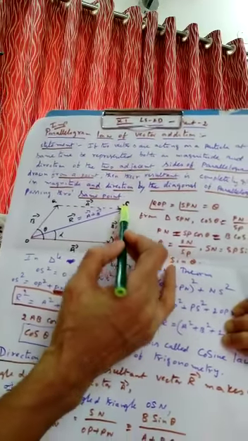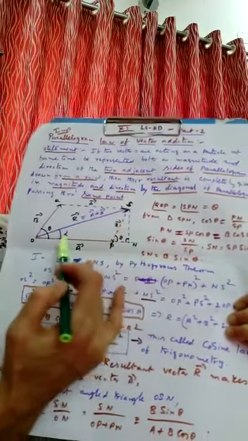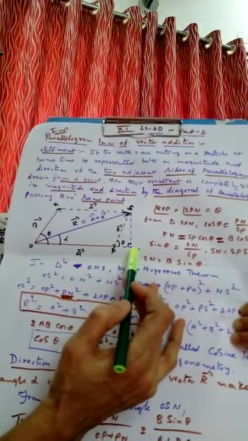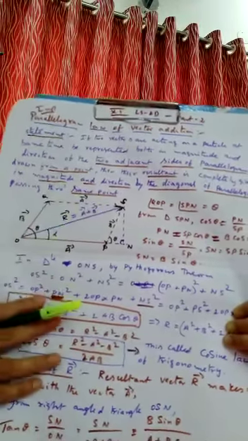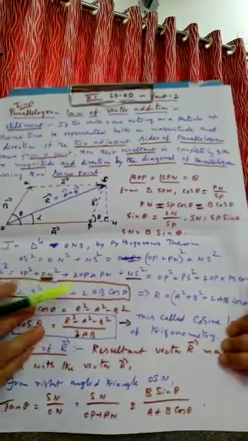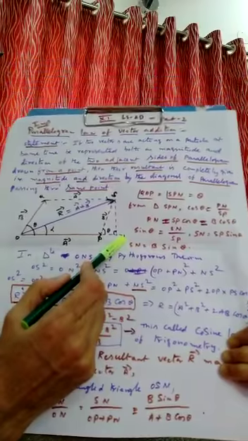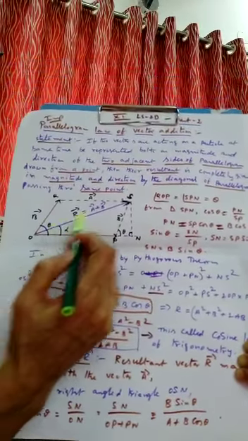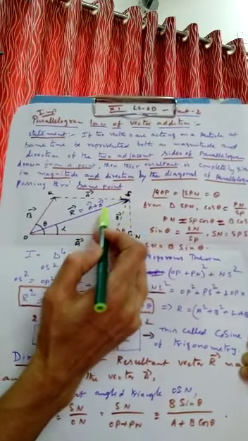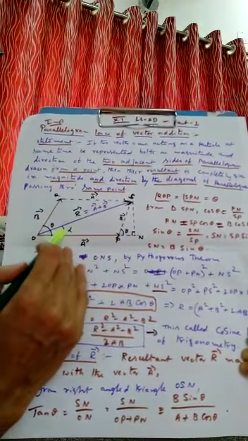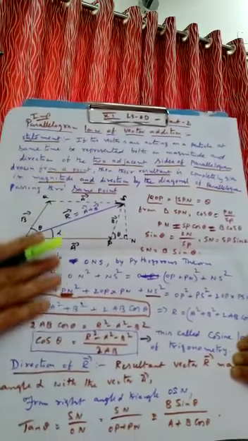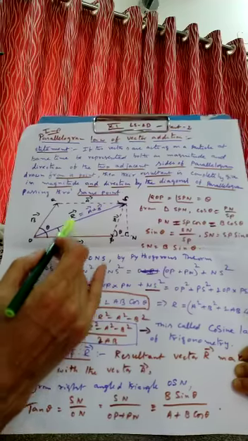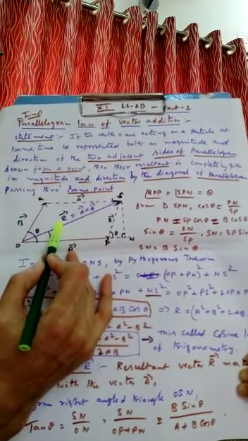And draw a perpendicular from S on the extended line of OP, meeting at N. So angle N is 90 degrees here. Perpendicular we have drawn, right? Clear? And if this is theta, the resultant vector makes an angle alpha with the OP vector. Alpha is the resultant angle, the direction. Alpha we have to find out, and we want to find out the magnitude of R.